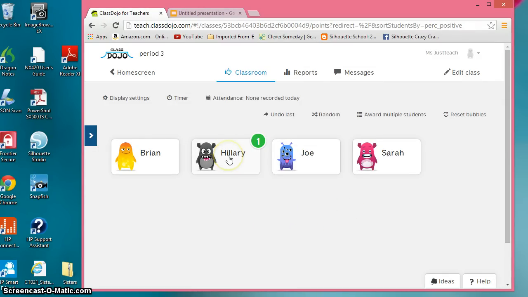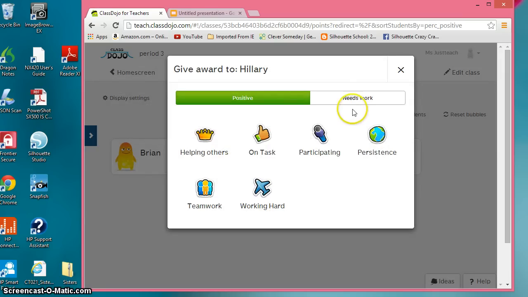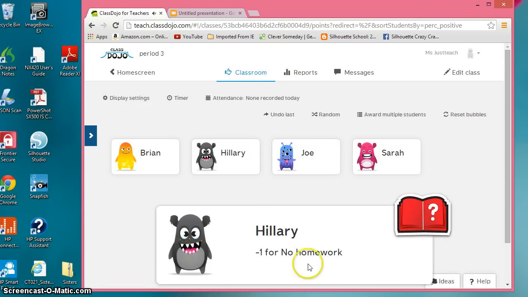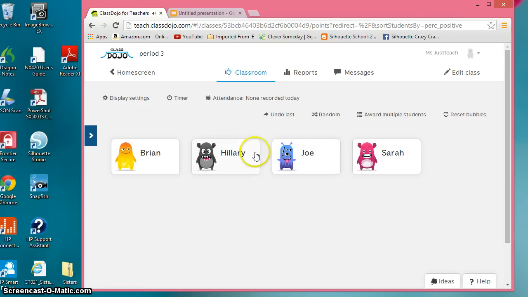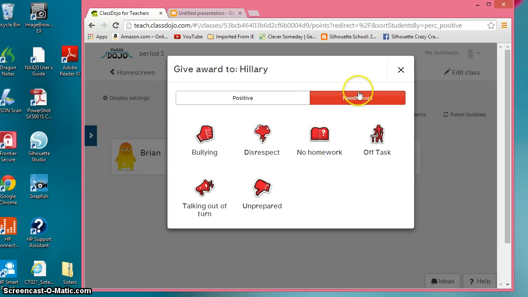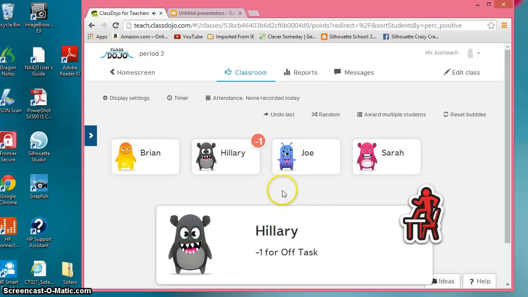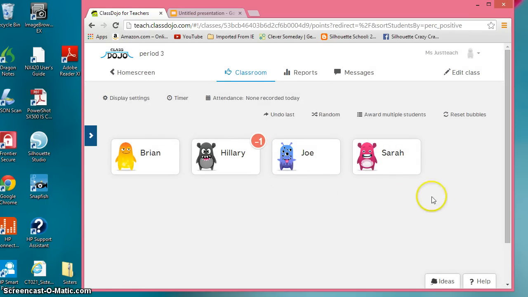Now let's see what happens when Hillary gets a behavior that isn't positive. So let's say she had no homework. That subtracts it. Now Hillary is at neither a positive or negative score. Let's say Hillary just can't seem to get her stuff together, and she's also off task. Now she's at a negative behavior. So let's go ahead and look at,